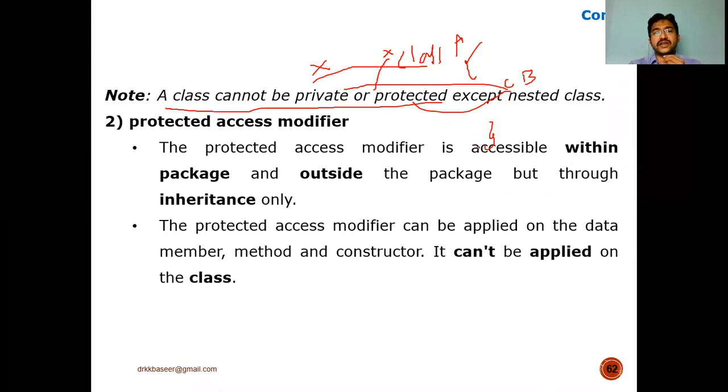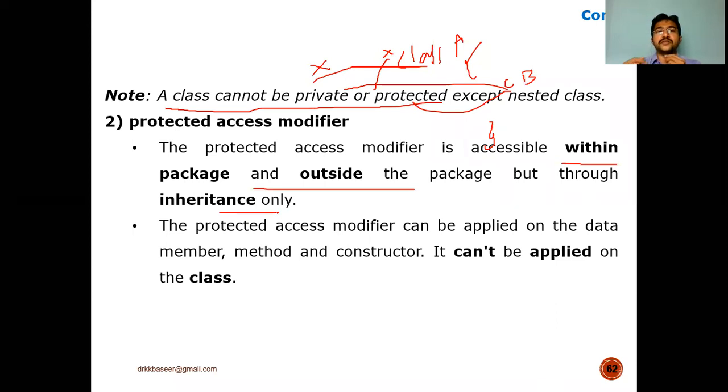Protected access modifier can be accessible within a package or outside the package. Now, what is a package here? A package is nothing but a set of classes, like what we imported in the previous examples also: import java.util package, import java.lang package, where in those packages we have a set of classes that we are going to access. So this protected access modifier can be used to access within the package or outside the package. But to implement this concept, we definitely have to depend on inheritance.